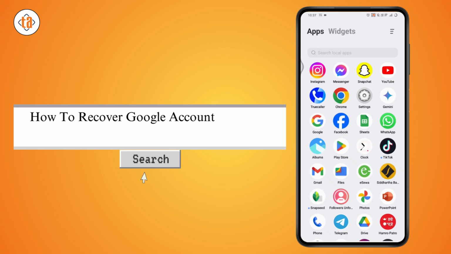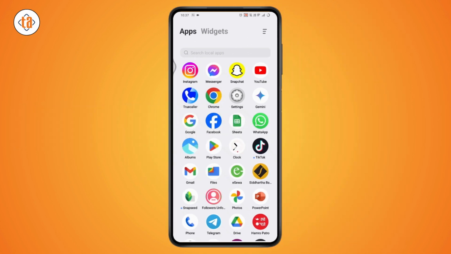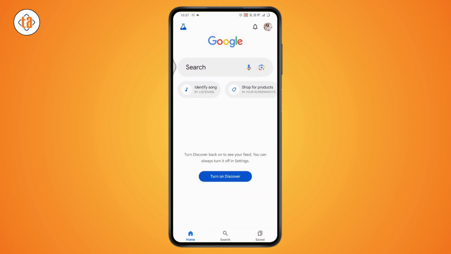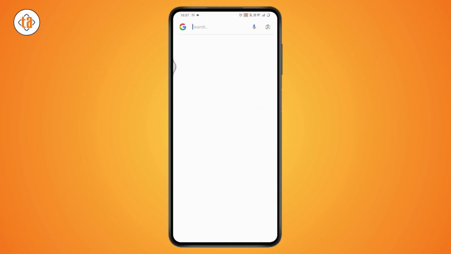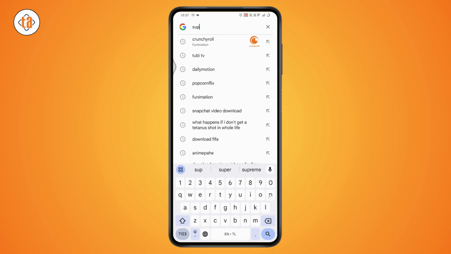How to recover Google account without email and phone number. So if you want to recover your Google account without the email and phone number, then what you need to do is first you need to open up your Google or your browser, anything that you're comfortable with, and then go with the search. Under search, you need to search for